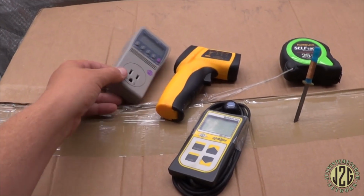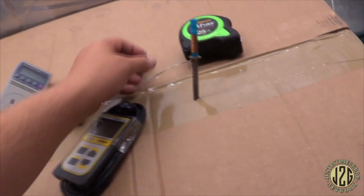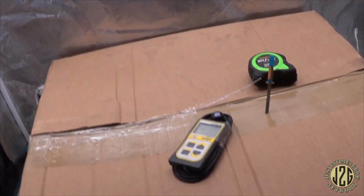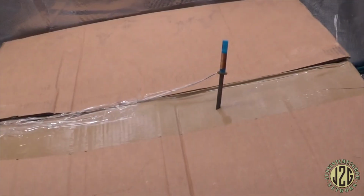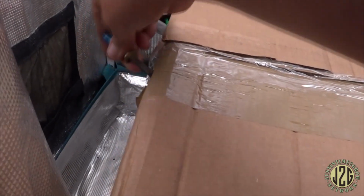So we got of course the watt meter, the heat meter, the par meter, the meter, and the katana here. So let's go ahead and get some of these meters out of the way, and we will get into this box, and we will see who it is from. Well, you can probably already see in the title, I'm sure, but we'll go through